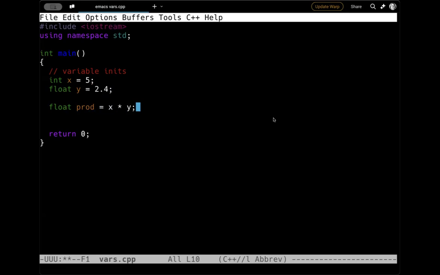But because the integers contain no decimal points, we can assume that they don't have any and convert it to a point zero. And this would multiply 5 times 2.4 and give us the correct answer. We wouldn't have to do anything else. So those are the implicit conversions that just happen.